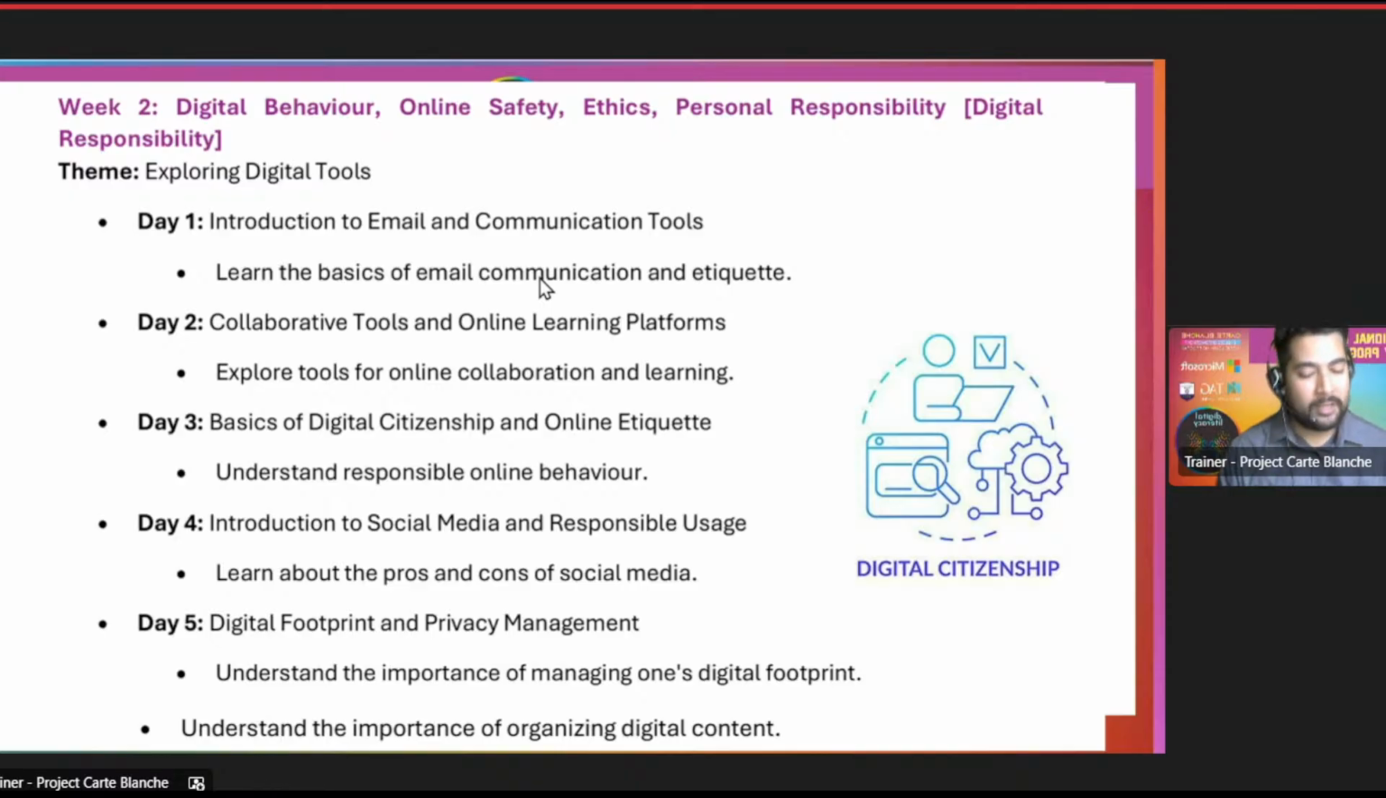We'll understand the basics of digital citizenship and online etiquette. We'll try to understand social media, the influence of social media, why age restriction is important, what career opportunities are available, and how we can prepare ourselves so that we can use social media responsibly at the right age, right? That we can discuss. And